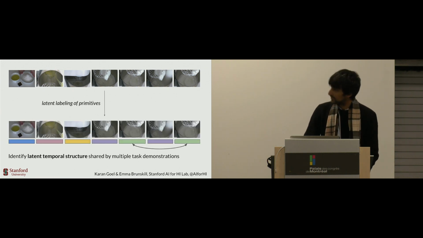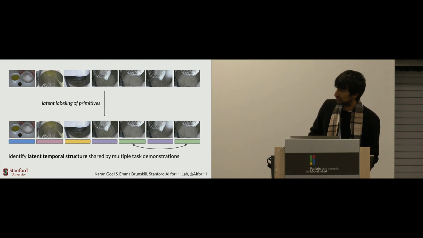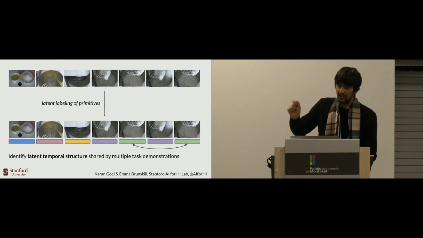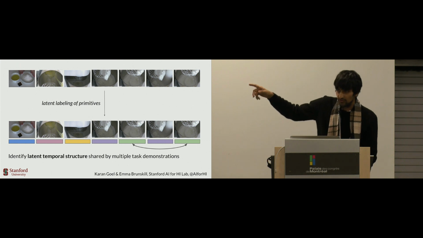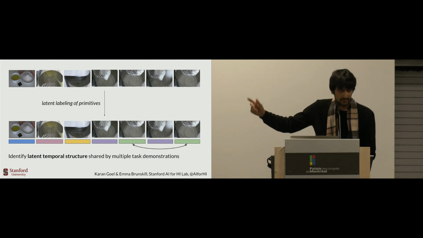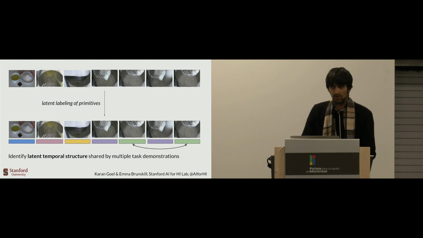In this work, we describe how you can leverage shared structure across demonstrations to learn the latent procedure that the demonstrator is trying to execute. Here, for example, you have this cooking video for making meringue, so you can try to discover the sequence of steps that the demonstrator was trying to execute, like a policy sketch of the demonstrator, directly from the raw observations, and we describe a model to do that. In the future, we want to use this model to do control.